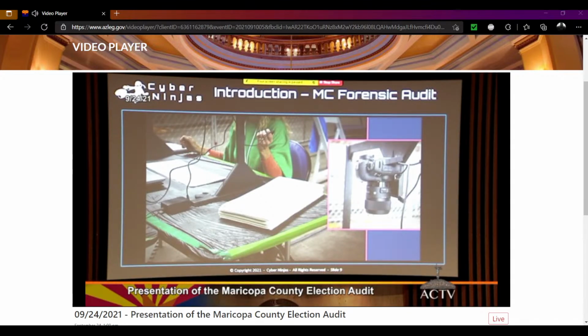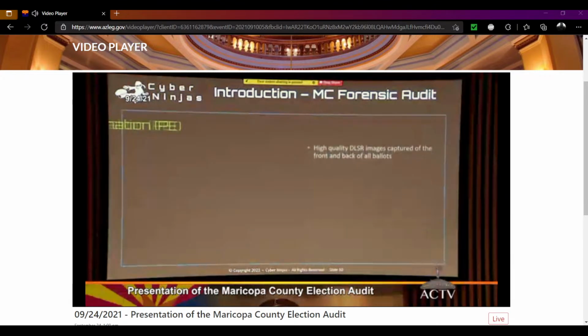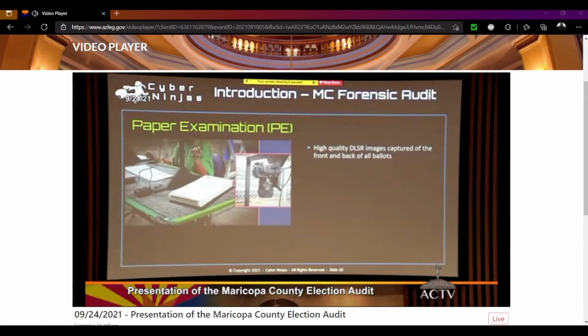So at the paper examination tables, we had DSLR cameras. Those DSLR cameras took pictures on the front and the back of these ballots, and they gave us very high definition images that allowed us to see all sorts of intricacies of the paper and what's going on. After it was done with DSLR, actually,